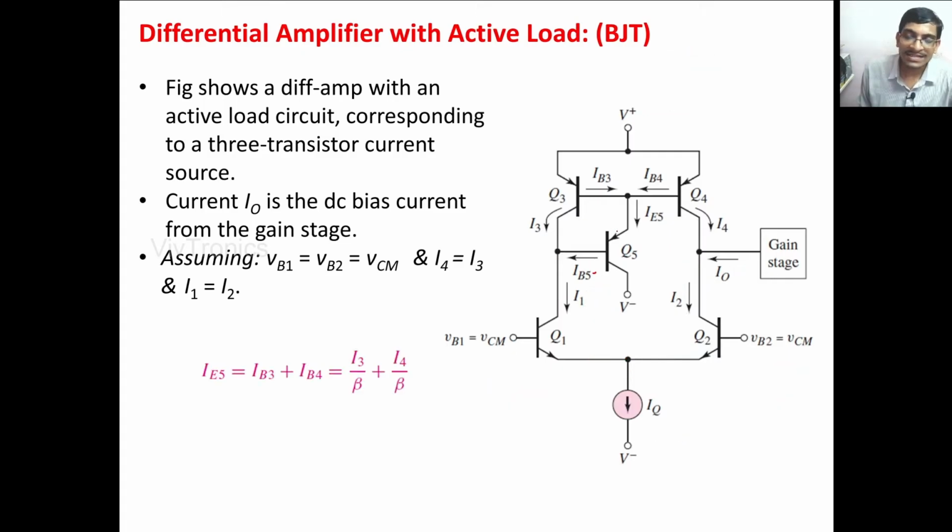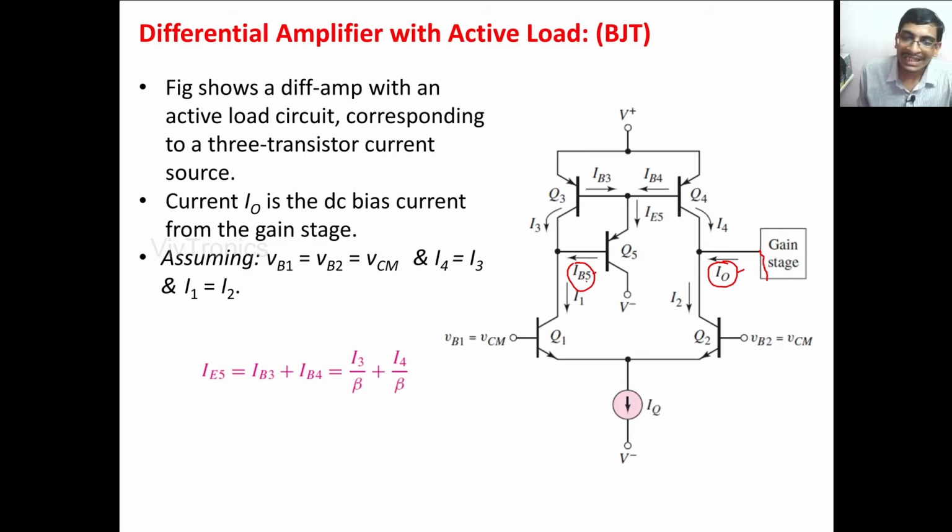In order to balance this circuit, we have to equate the I0 current with IB5. Whenever I0 is equal to IB5, we can say the circuit will be balanced. Here we have a provision to change the value of I0 by changing the input resistance of the gain stage. We can get different values of the I0 current. This IB5 we can't change, but we can change the I0 current to be equal to IB5.